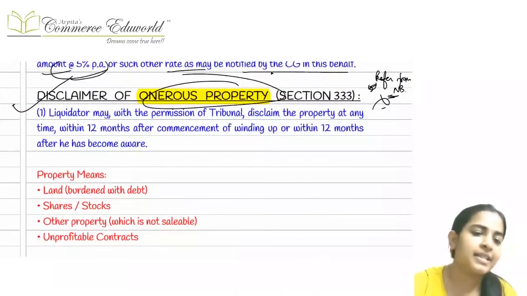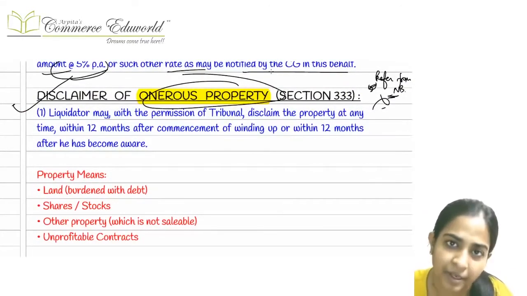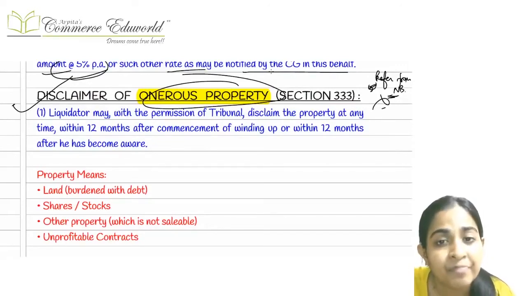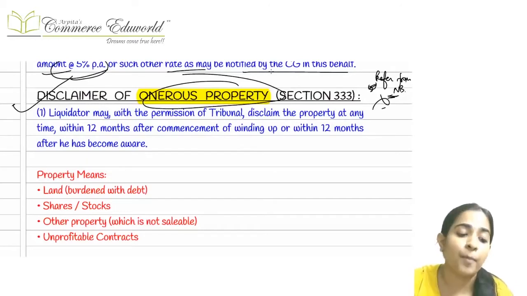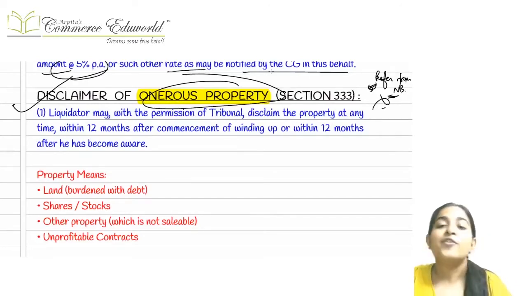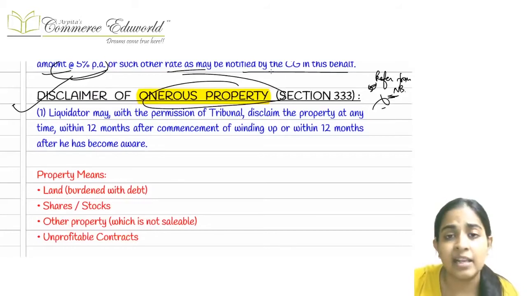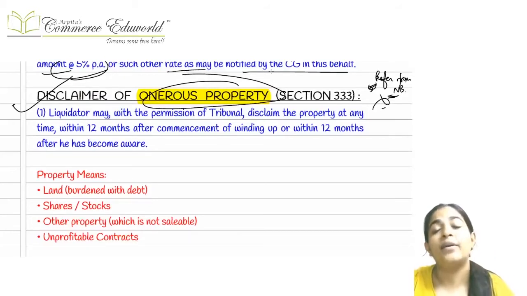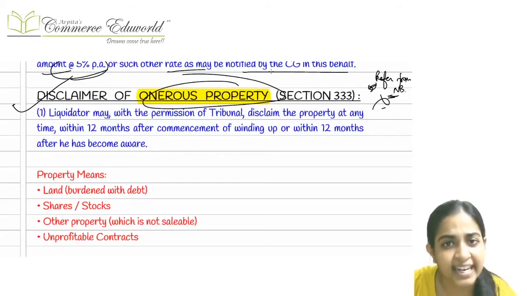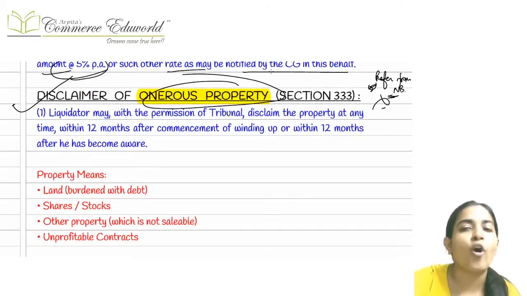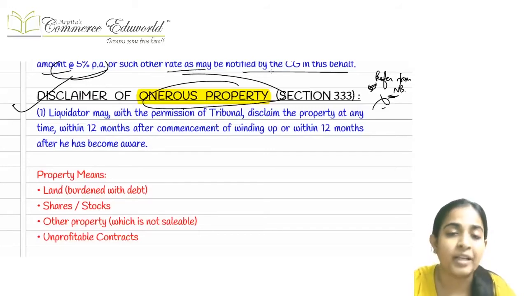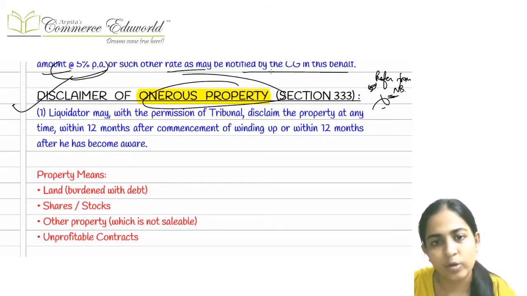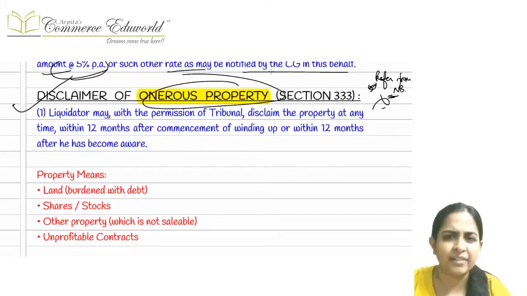Similarly, if this property was a mortgaged property, suppose it was mortgaged with a bank, then the bank becomes the interested party. The interested party will get a heart attack if this property is now treated as an onerous property. So it will go and make an application to the liquidator asking, are you going to disclaim this property or not? And the liquidator is supposed to reply within a period of 28 days plus the extended period, whether it wants to disclaim the property or keep it. Accordingly, the decision will later be taken either to disclaim or to keep the property with the liquidator.